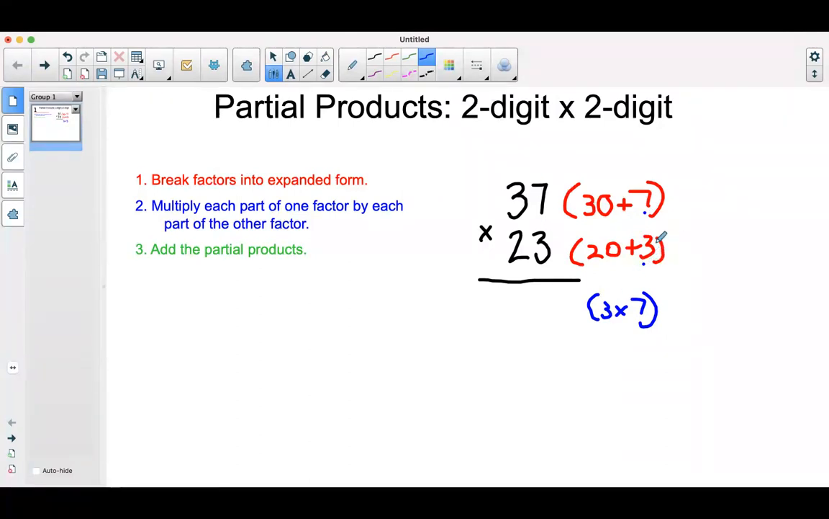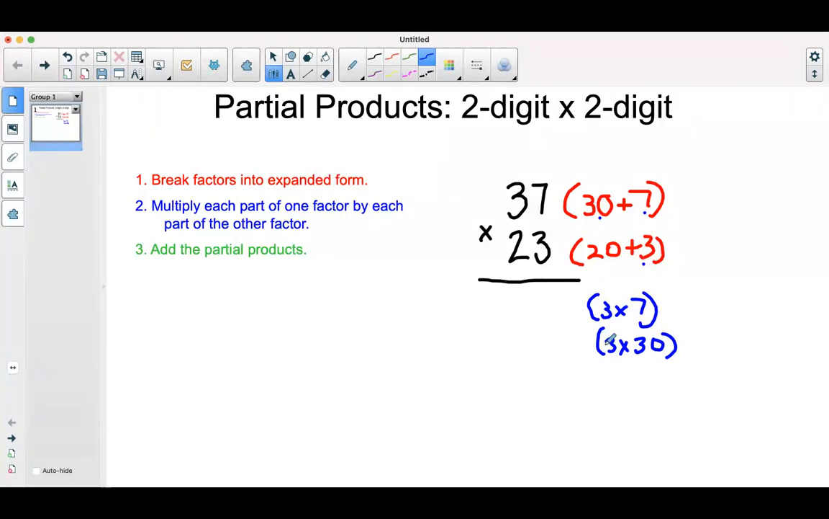Next, I'm going to take that same part, that 3, but this time I'm going to multiply it by 30. I'm going to multiply it by the other part of my top factor. So I'm going to do 3 times 30. Now that I've used this part of my bottom factor and multiplied it by each part of the top factor,